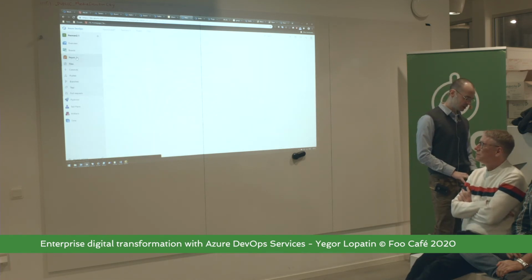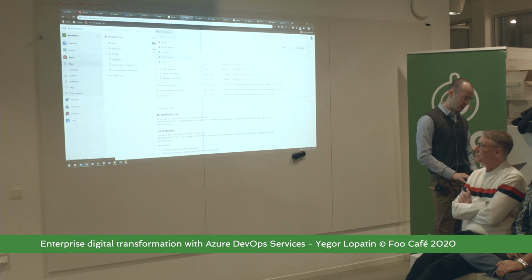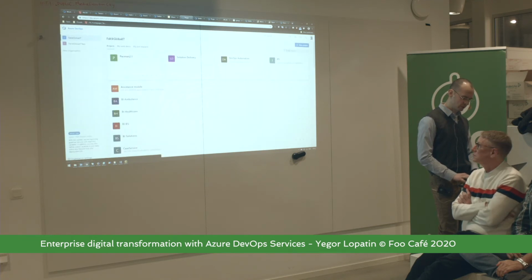And in the repositories, we still have our scripts that will do deployments, and they will be decoupled from the orchestration tool. The better example will be,